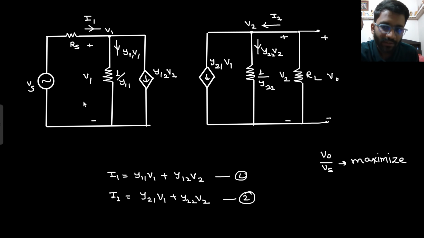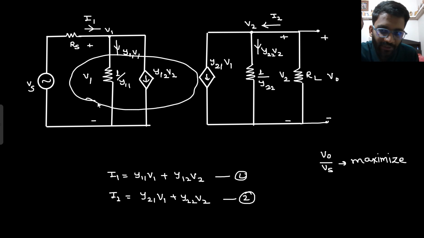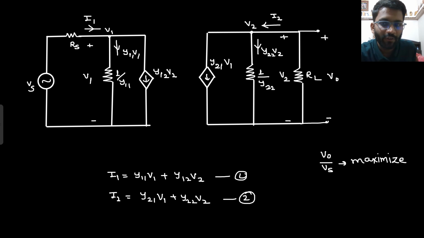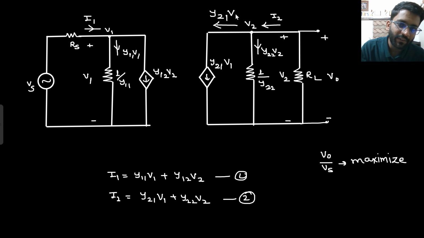Your V1 will be equals to Vs. And now this V1 is amplified with Y21 factor, and this complete current is going in the output. Are you getting this point? V1 is amplified with the factor of Y21. And now this current Y21 V1 will be flowing through this 1 by Y22 resistance and the